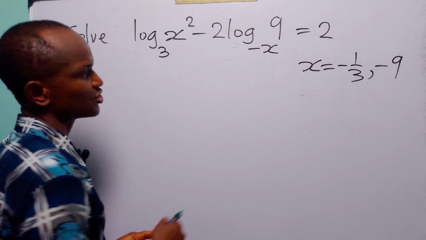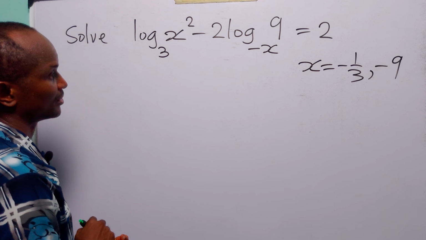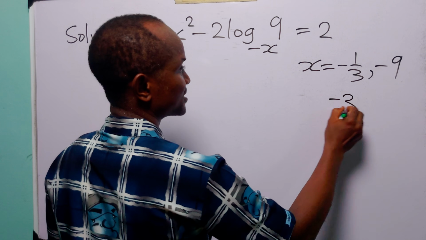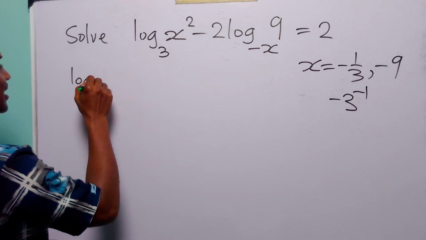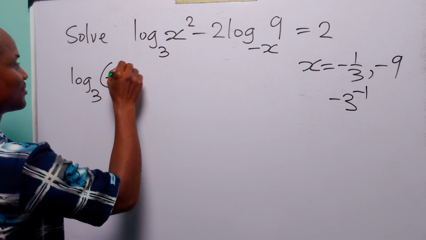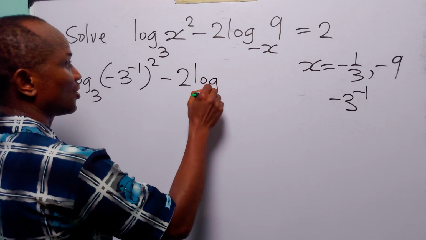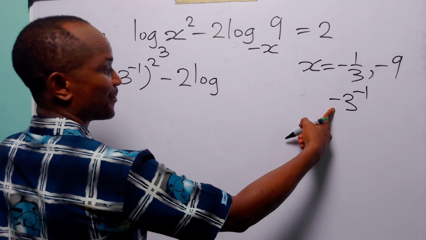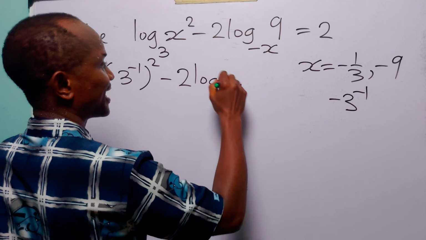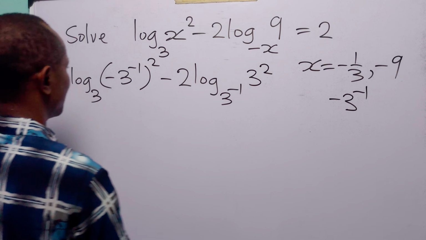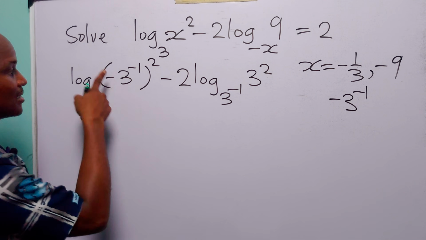And now to check our answer, let us substitute these two values of x in turn into the left-hand side of the original equation. When x is equal to minus 1 over 3, this equation becomes log₃ of (minus 3 to the power minus 1) squared minus 2 times log₃ of minus (3 to the power minus 1), which is 3 to the power minus 1, of 9, which is 3 squared. Now, you know that this square is going to get rid of this minus. Here we have